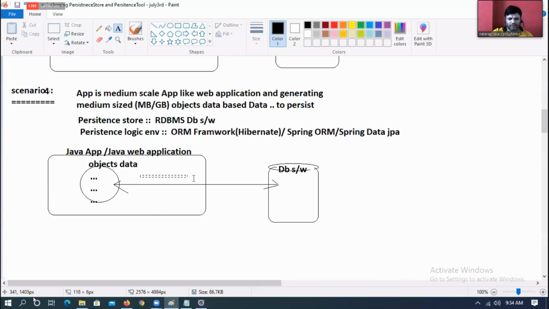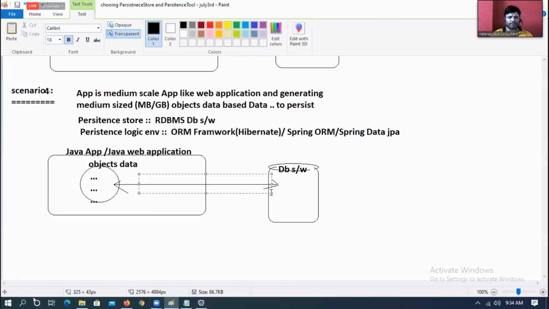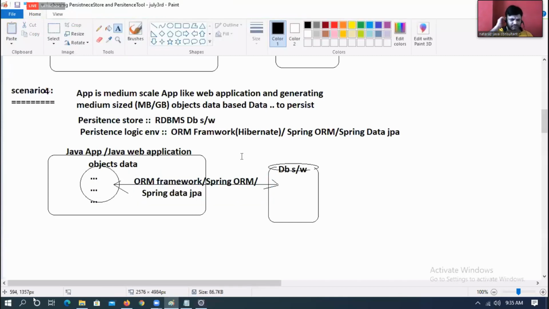Then prefer using an ORM framework, or Spring ORM, or Spring Data JPA. That is scenario number 4.